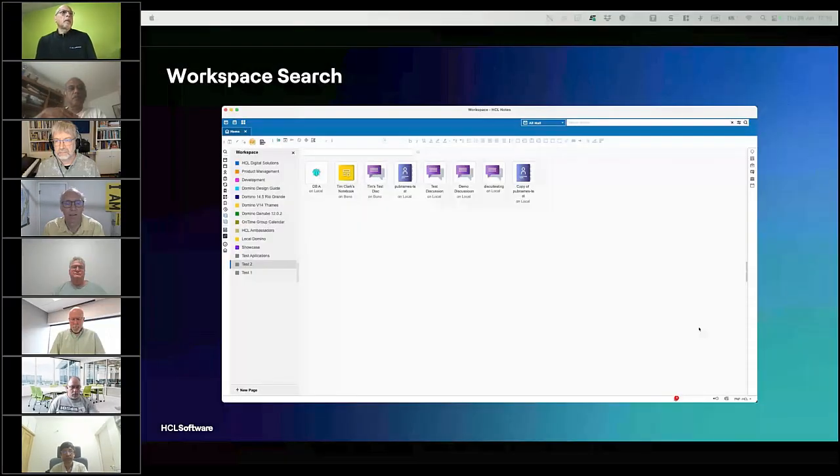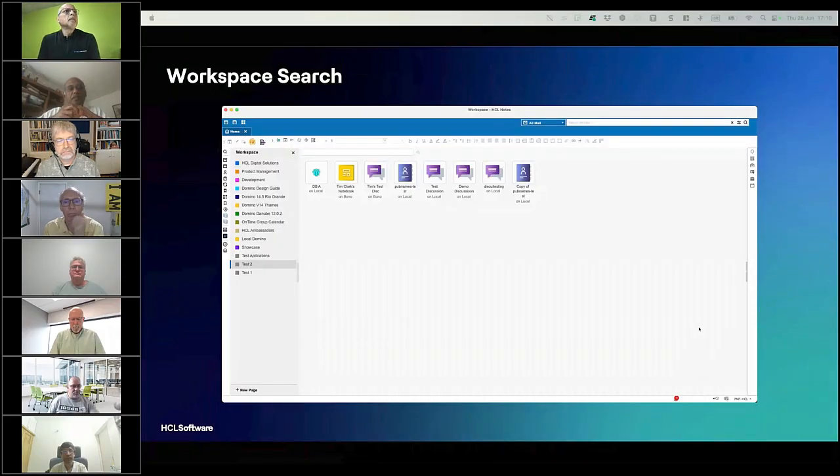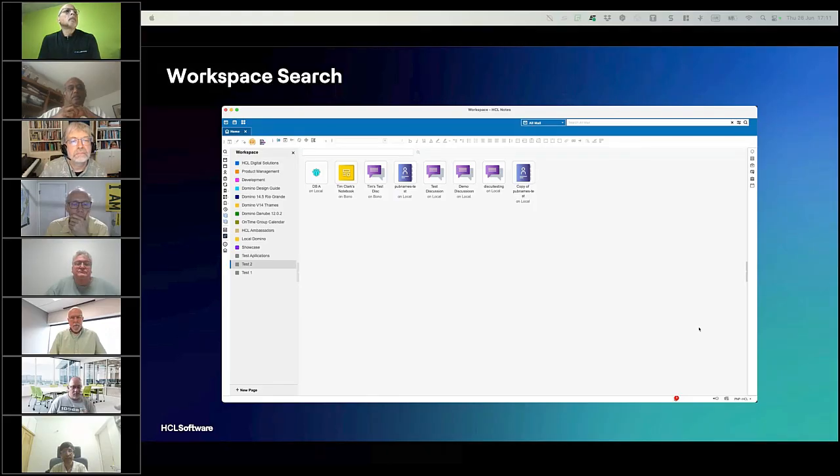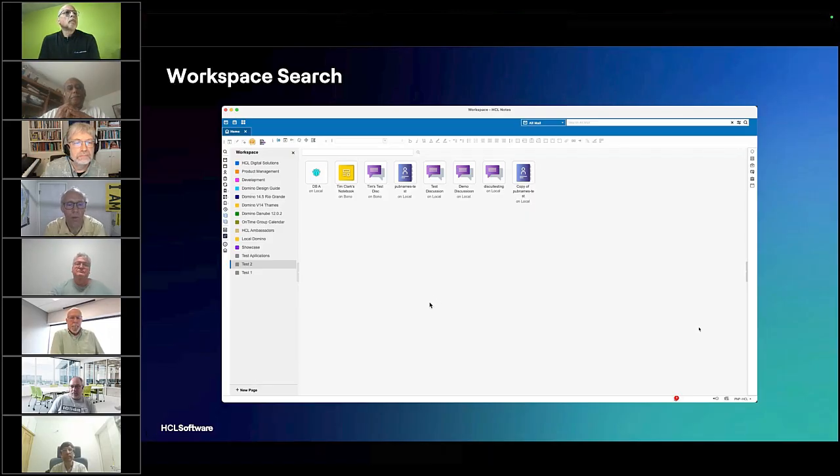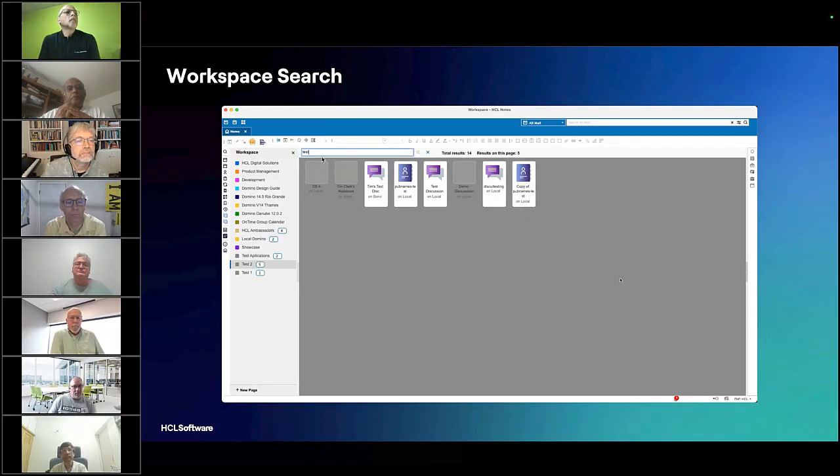If it just finds one, it'll just open it for you. No more, you don't even have to switch to the workspace tab anymore. It's right there. So Ram, I've got a screenshot here of workspace search. This is my workspace. This is a test page on my workspace. And if I were to type in "test" in the search bar at the top here, you would see that